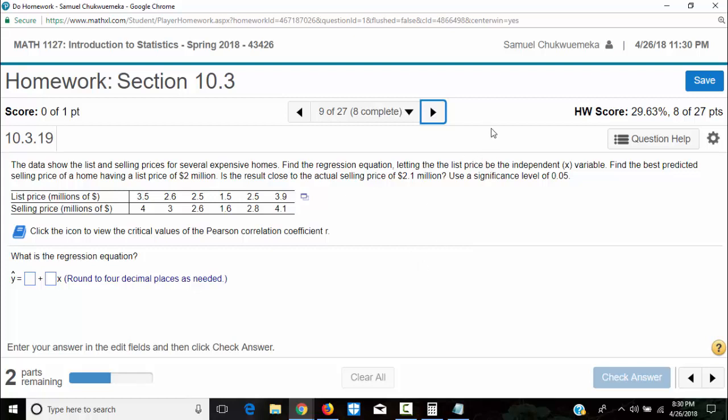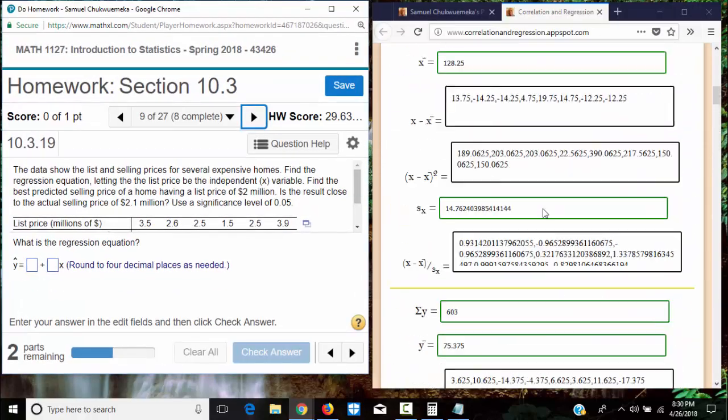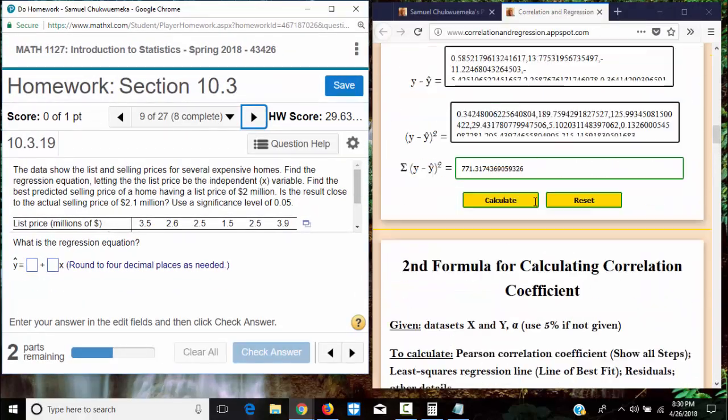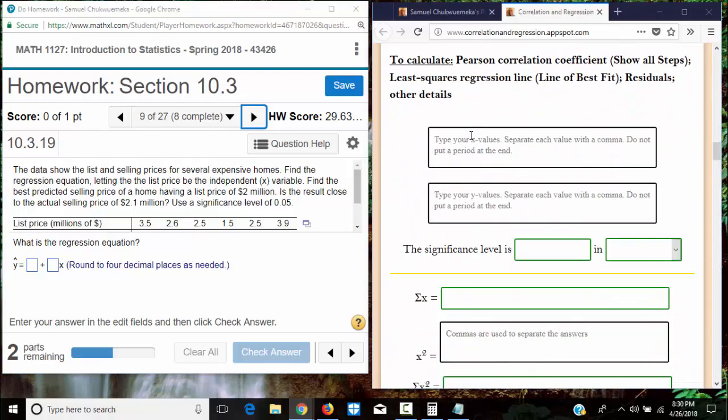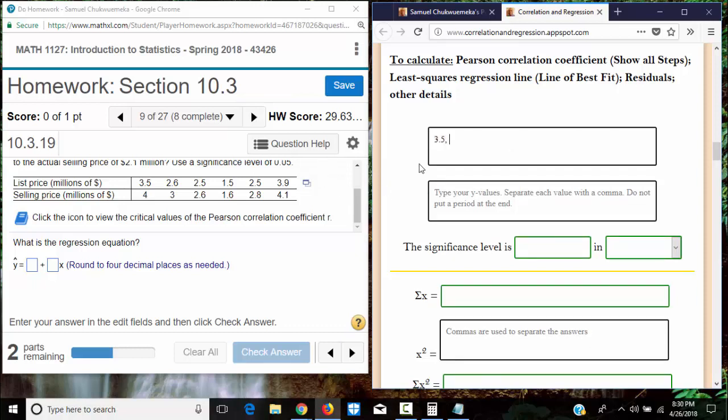So, my calculator. Let's use the second formula this time. It doesn't matter whether you use any of the formulas, it will give you the same answer. So we have 3.5, 2.6, 2.5, 1.5, 2.5,